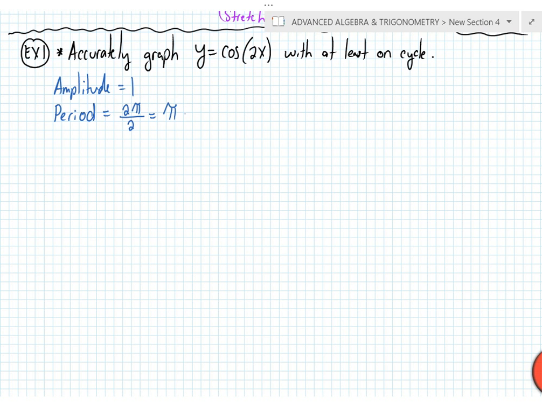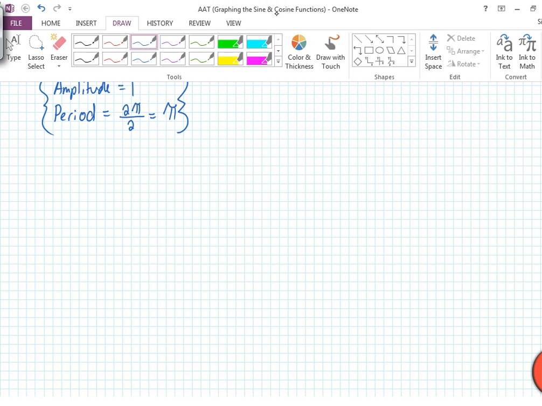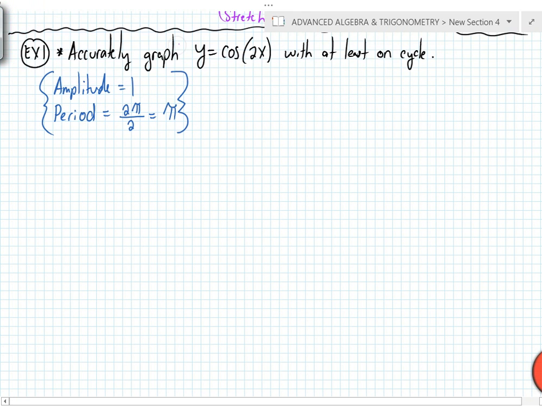Now, what I traditionally do, since I don't want to show this with a shortcut method, is if you're asked these questions, you state those on their own. But if you wanted to graph, and the reason I'm having you go through this process is it's going to prove to be beneficial on cotangent and tan, is we know that the cosine function normally starts at 0 and terminates at 2 pi. That's when it finishes 1 cycle. So we know that one cycle